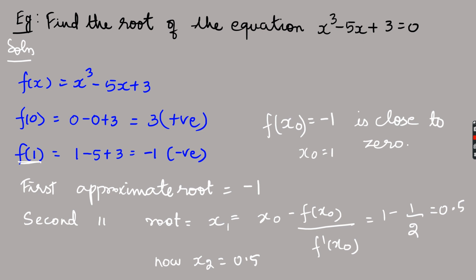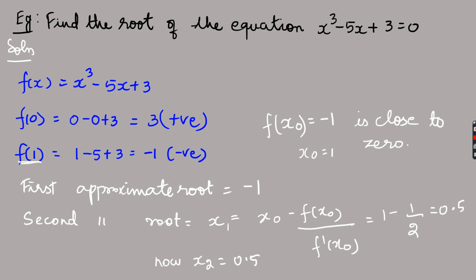Next we have to find further roots, right? So the next step is to use that formula: x n plus 1 is equal to xn minus f of xn by f prime of xn. So here I have taken x naught. So next will be x1 is equal to x naught minus f of x naught by f prime of x naught. That is my formula. So I know what is x naught, which is 1, and I know f of x naught, which is -1,